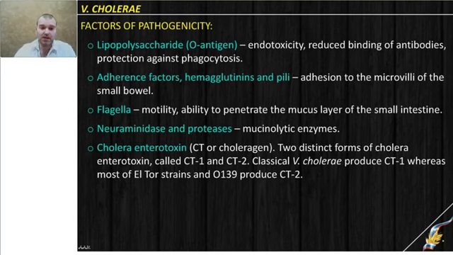So the bacteria, again, is gram-negative, has lipopolysaccharide in the cell wall, and the toxin is present, so all those functions apply. Bacteria have a number of factors required for adhesion to microvilli of the intestine. These are hemagglutinins, which can help to fix not only to blood cells but to epithelial cells as well. Pili, a lot of adherence factors. The bacteria is motile, flagella is present, and it helps not only to survive in the environment. That factor is important in invasion into the mucous layer of the small intestine. Bacteria can penetrate easier with the help of that flagella.